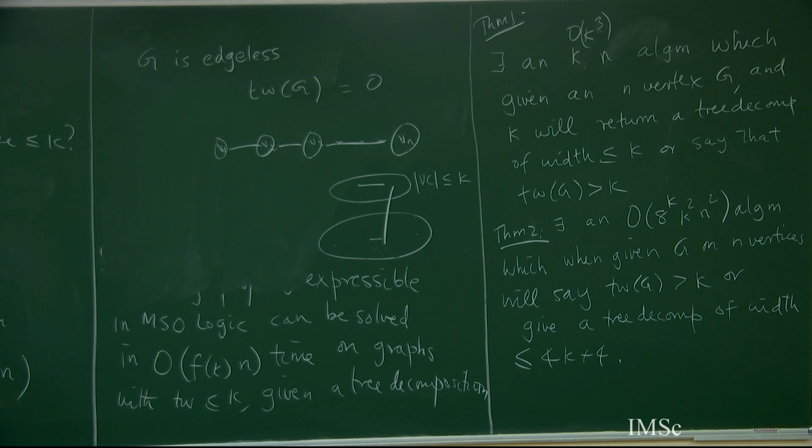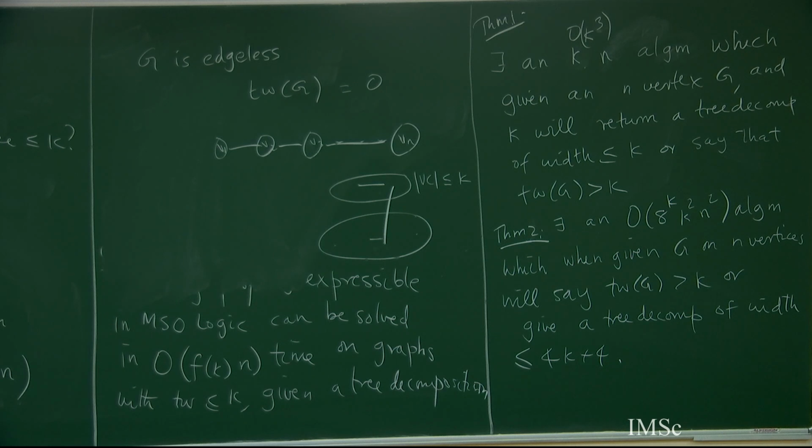So, the thing is that if the treewidth is large, then for this problem it is a no instance. Sometimes it can be a yes instance. For certain other problems like longest path, for example, if the treewidth is large, one can argue that it is a yes instance. So, whenever you have this thing that if the treewidth is large, it is either a trivial no or yes instance, otherwise treewidth is small and you have a dynamic programming algorithm based on Courcelle's theorem, that is another